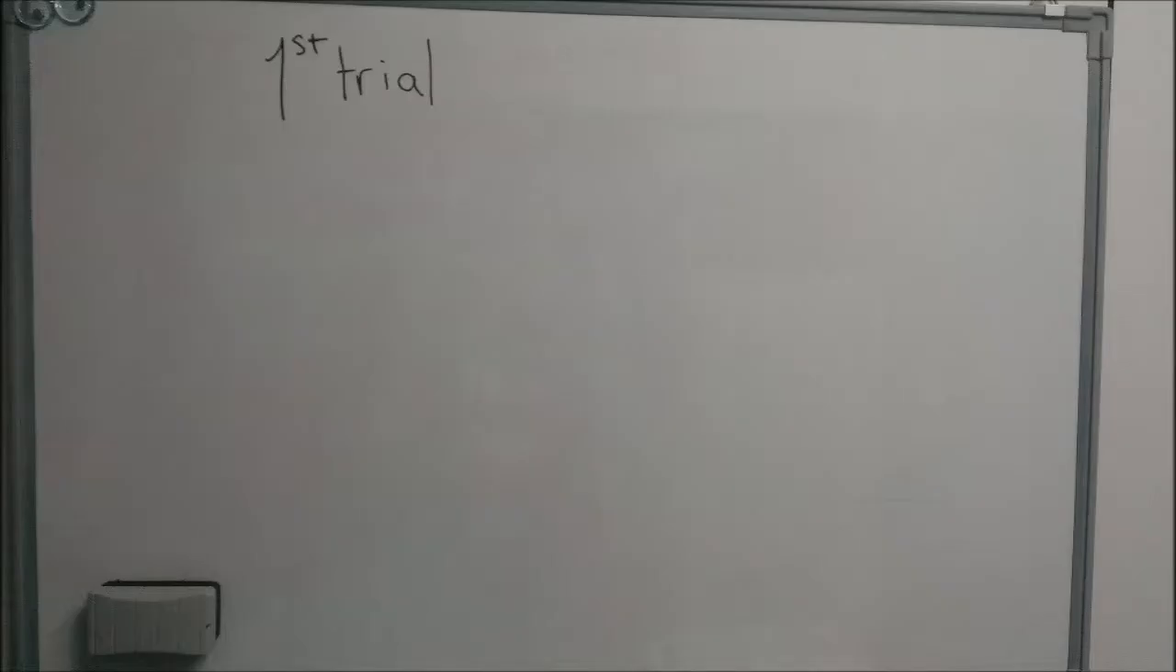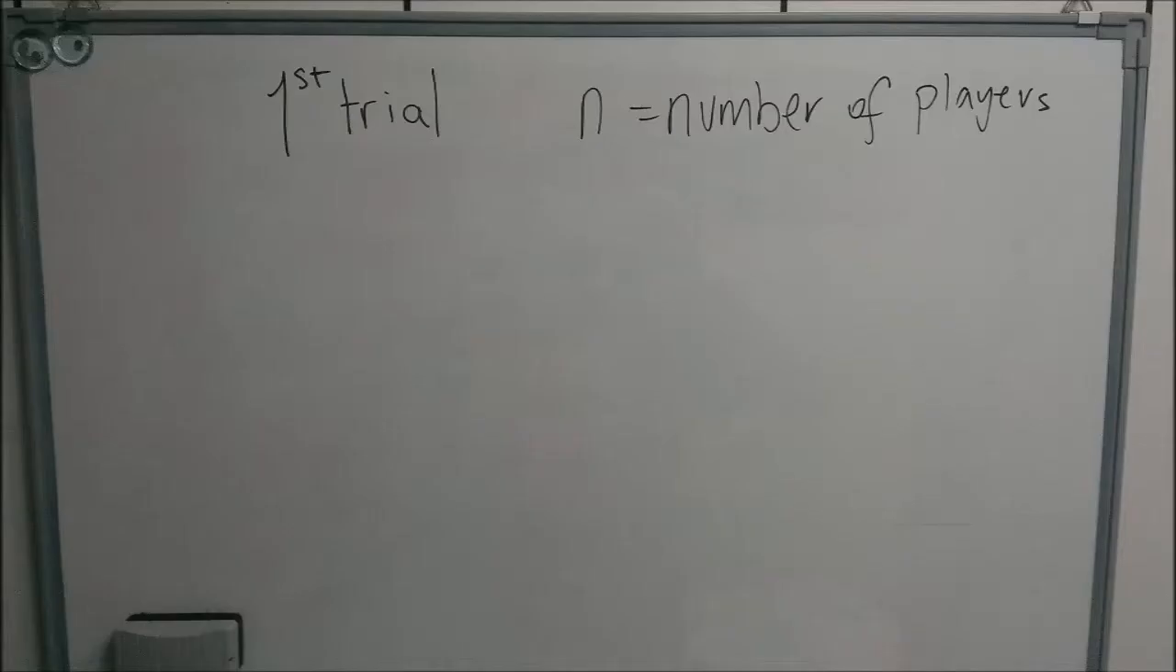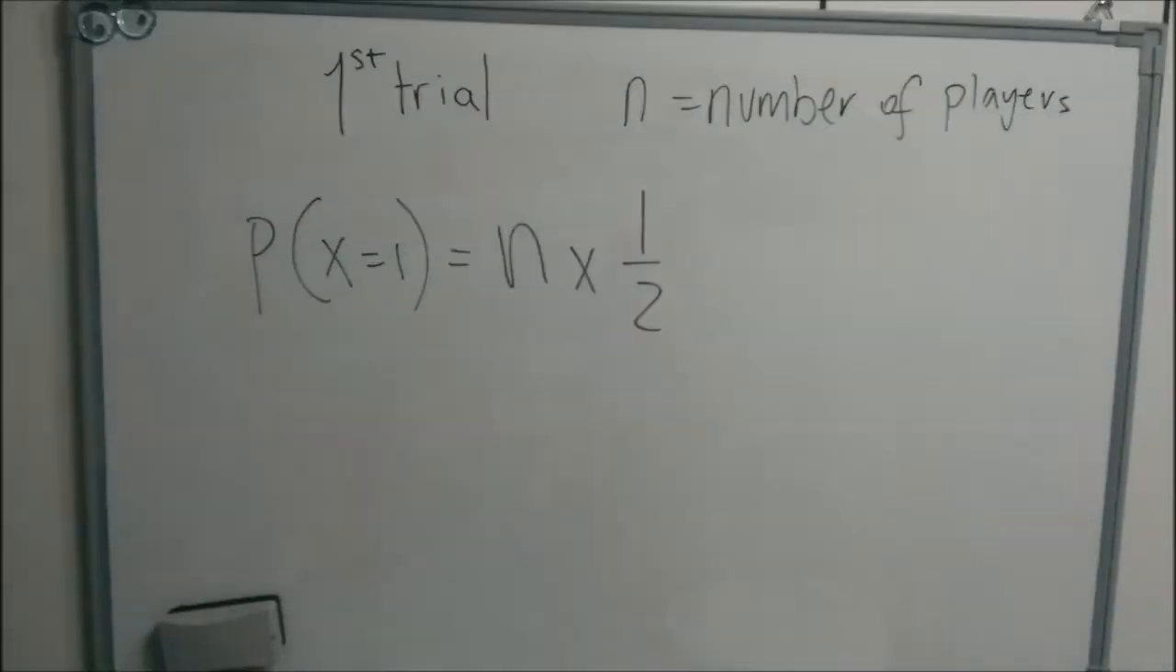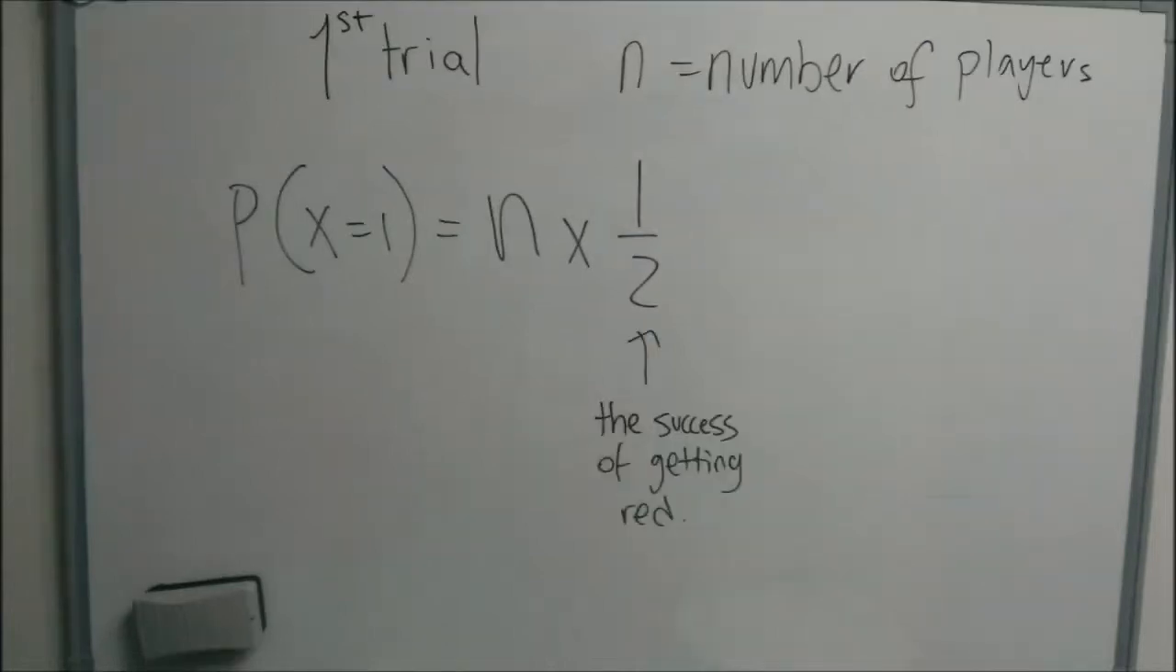B. Find P(X = x) in terms of n and x. So now we have to figure out the probability of succeeding in the first trial. To succeed, we have to take into consideration the number of players, which is represented by n, and the probability of getting a red or blue. So the probability of winning in the first trial is n,